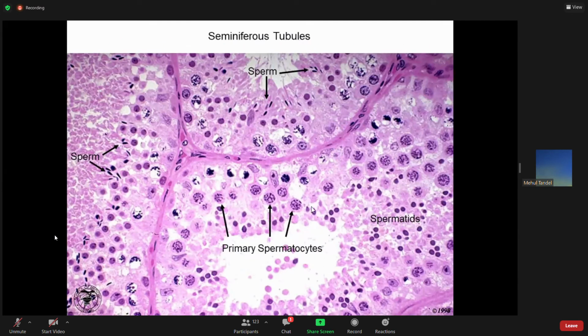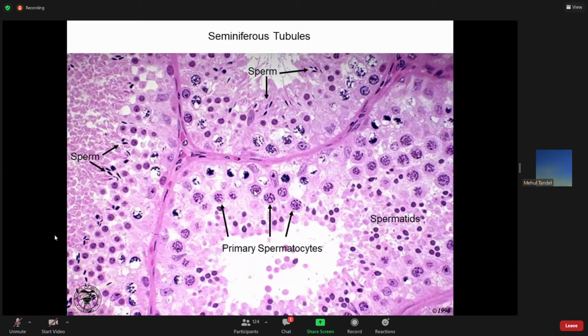This is a large view, you can see it. In the large view, whatever oval nuclei you see near the basement membrane, all oval nuclei with a prominent nucleolus are Sertoli nuclei. This is the nucleus of a Sertoli cell. Here it is also very clearly seen, the nucleus of a Sertoli cell with a prominent nucleolus, and all others are the spermatogenic cells, in which the largest nuclei